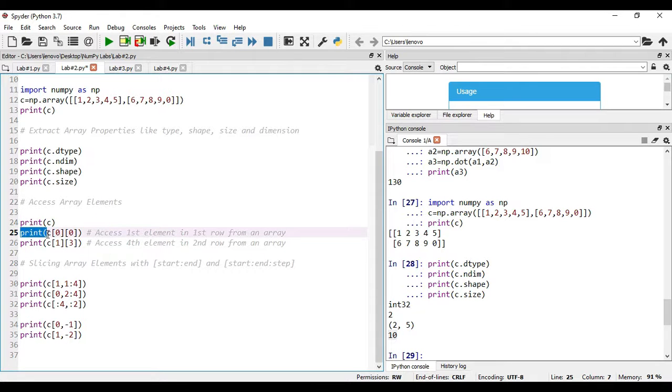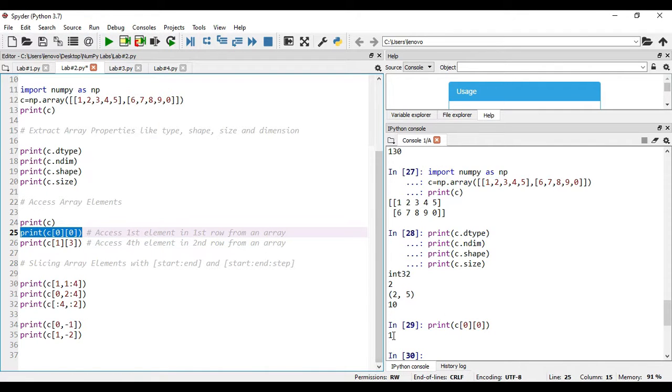If I write print C of 0, 0, it means we are trying to access the first element in the first row of the array, the element at the 0th index of the first row and the 0th index of the column. Select and run the code to see the result. Okay, the element present is 1. Why? Because this is the 0, 0 element.